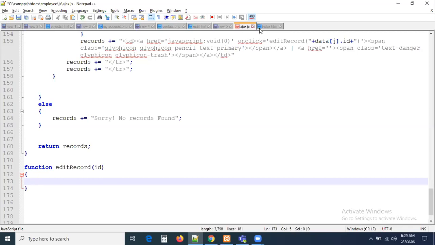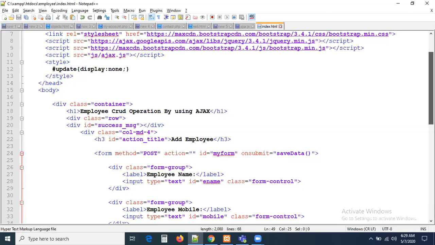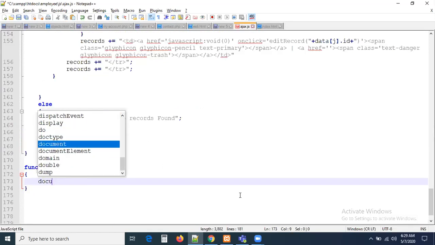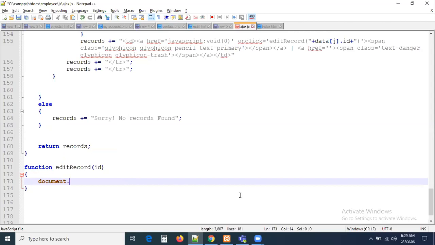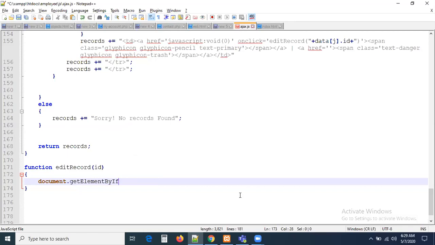First of all, let me check what is the ID of this H3 tag. The H3 tag is action title. Okay. So let me get it first: document.getElementById.